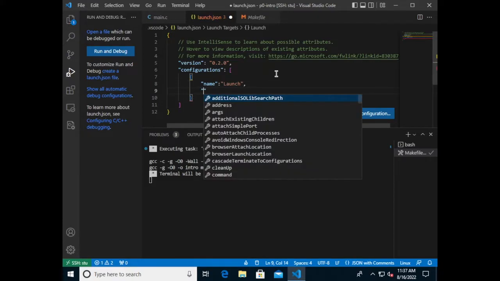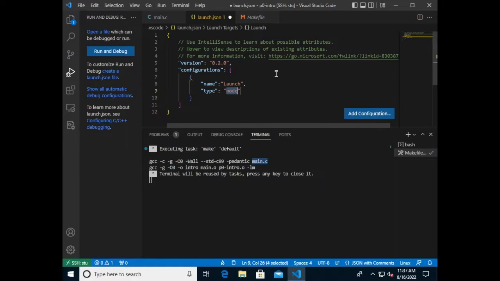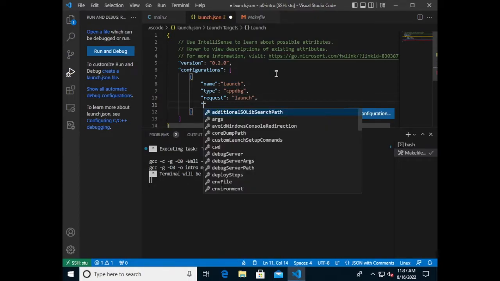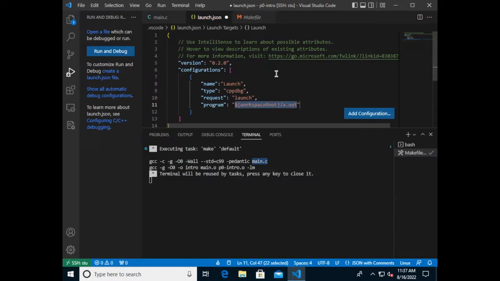We are going to set its type, and it's going to be cppdbg for C++ debug. That's good. And then we are going to set the request to launch. We are going to set the program, and we'll accept the default here, except that the name of the program isn't a.out, it's intro. You may remember a.out from the command line lab.